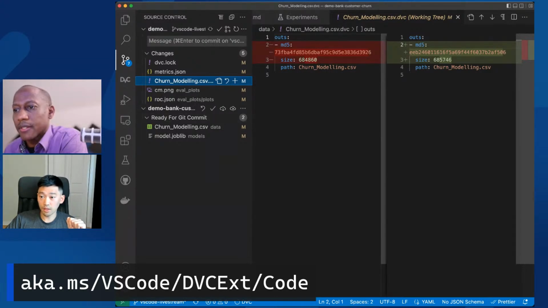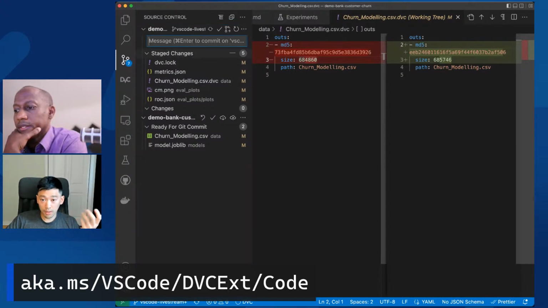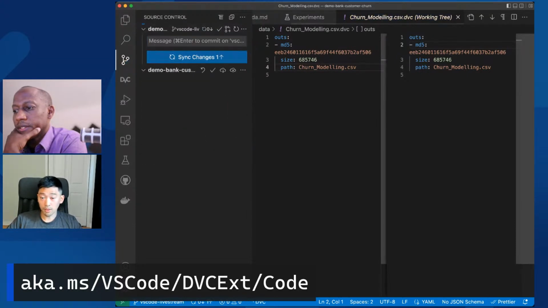First of all, the hash of our data set has changed. This is how DVC knows that the data is different. The size is different. It's just slightly larger because I added about, I don't know, 15 or 20 new rows. Okay. So we can create a commit out of this and say updated data set and create another commit out of it.